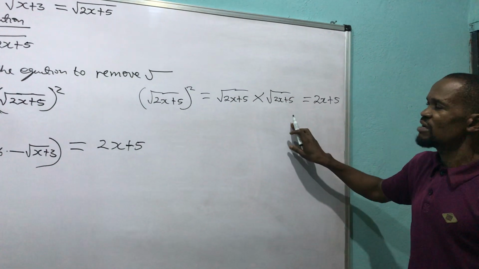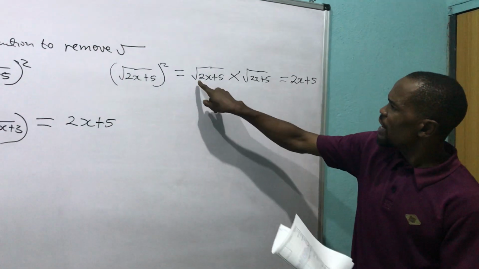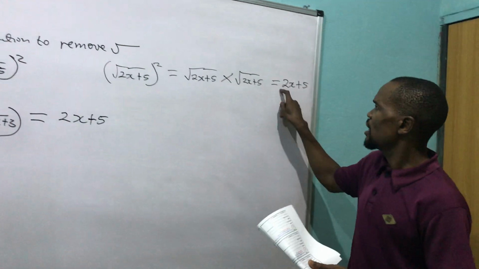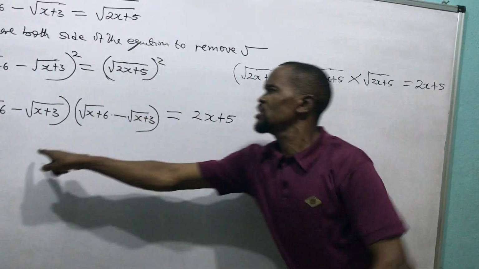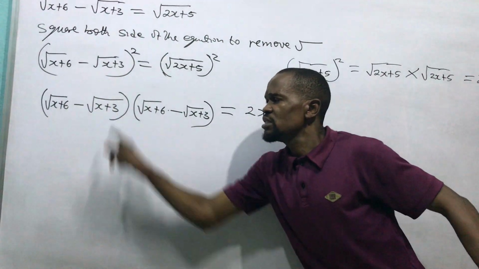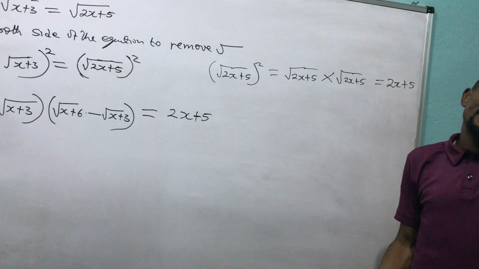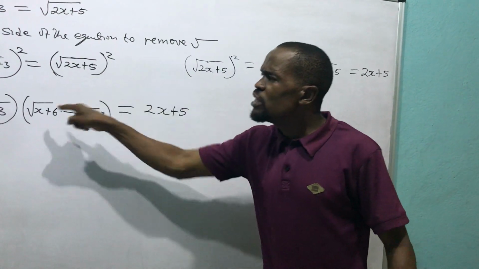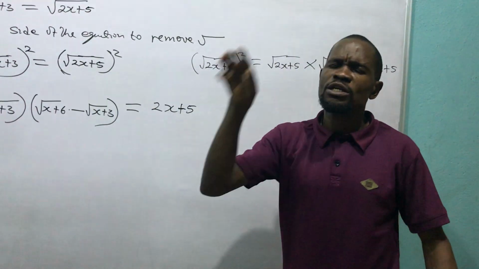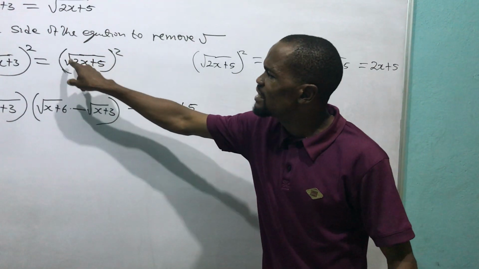Why won't it give me this term minus this term? The only way that it will leave you with what is inside the root is when it is